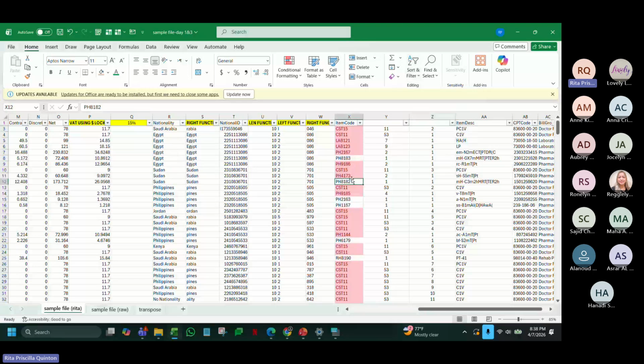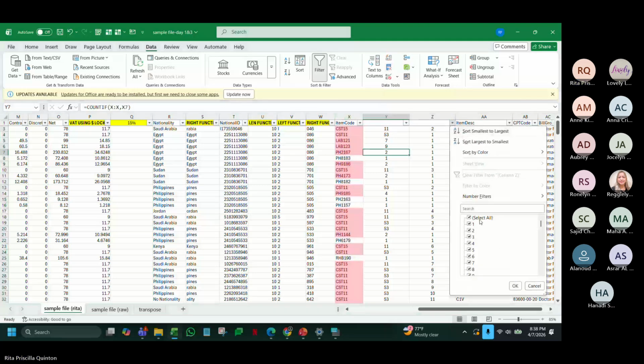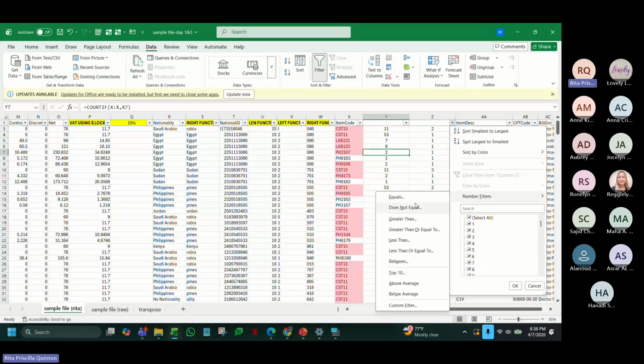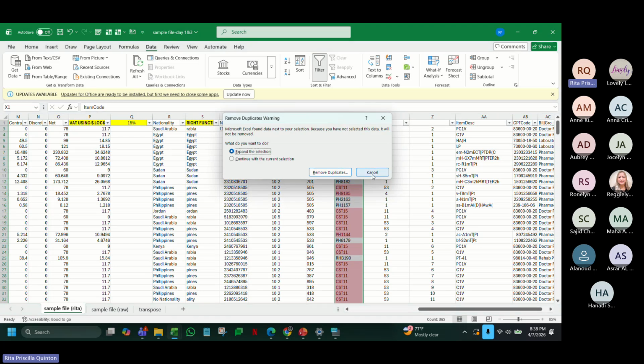To know your duplicates, which is actually to delete already all the duplicates and retain also the first one only, is to go here, highlight your column, go to data, and then click this remove duplicates. It's the same concept here on the count if, where I remove all the greater than 1. So from 2 onwards, this remove duplicates does the same thing.